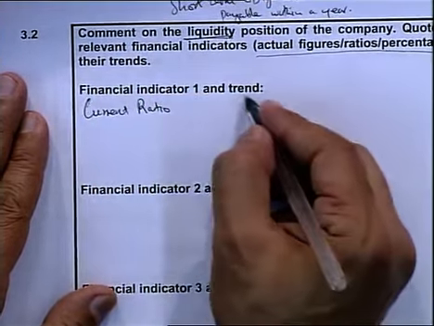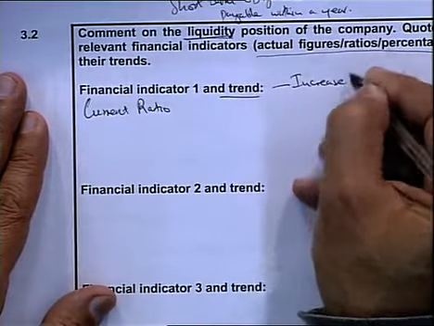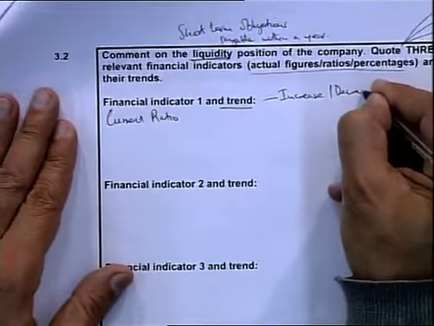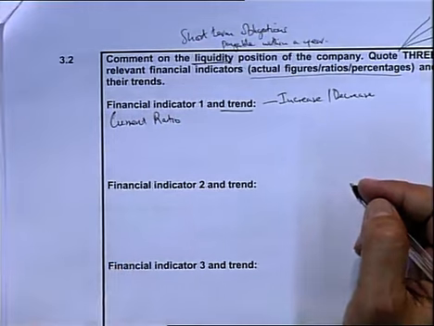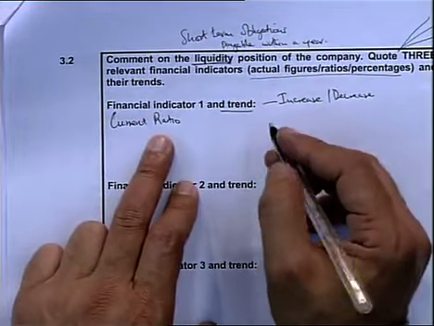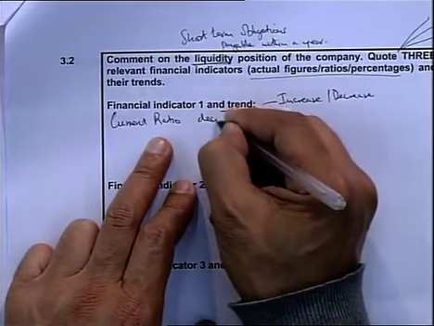The trend refers to the increase or the decrease. So what happened to the current ratio? Earlier we said it decreased, so the current ratio decreased